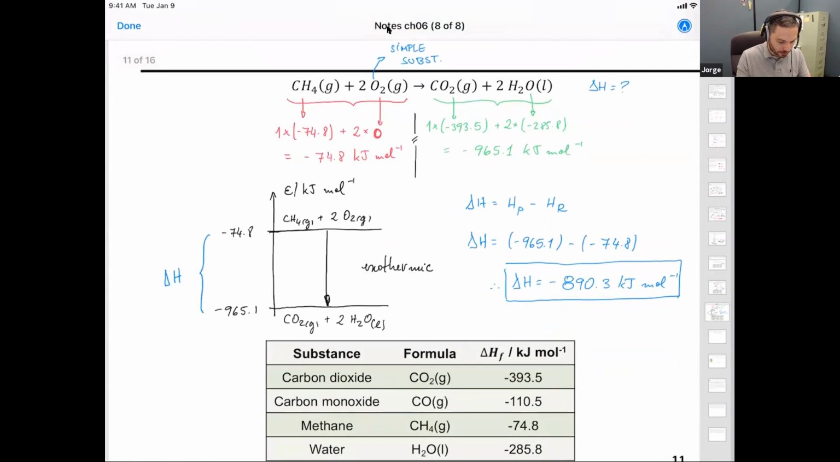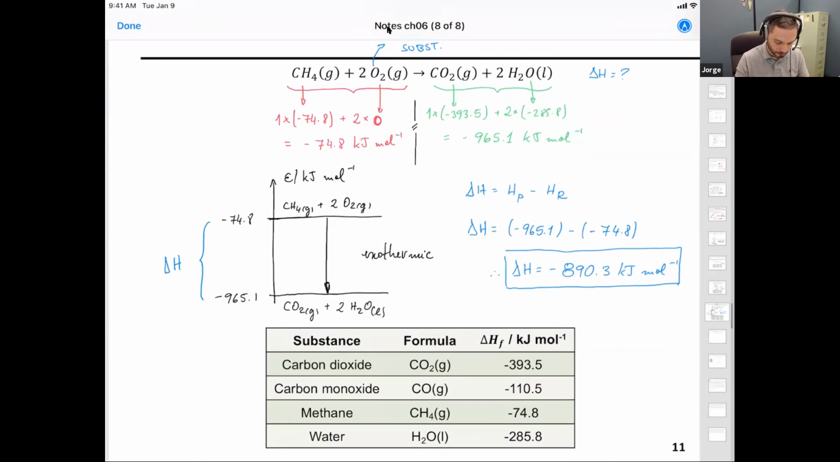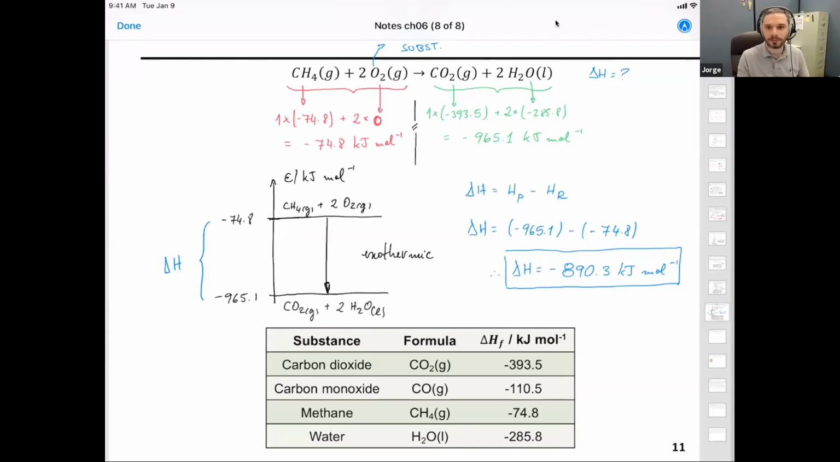Okay, so therefore, make sure the engine is properly regulated to avoid incomplete combustion. And that's how you can use delta H of formation to determine the delta H of any chemical reaction. So that's a good point to stop for today. And with that,